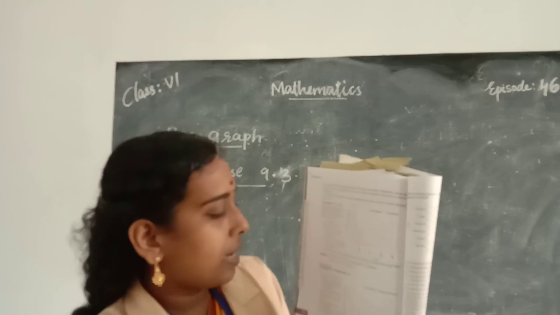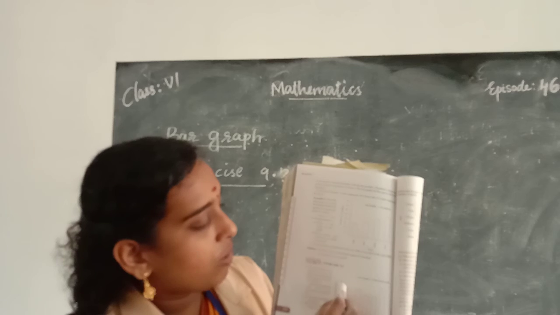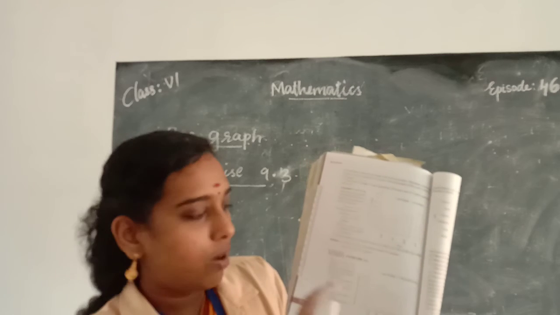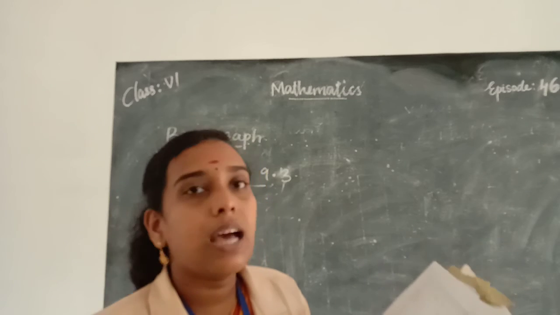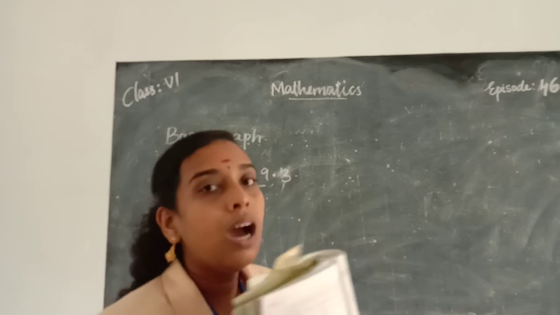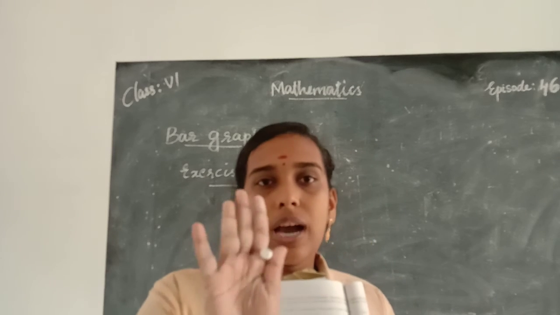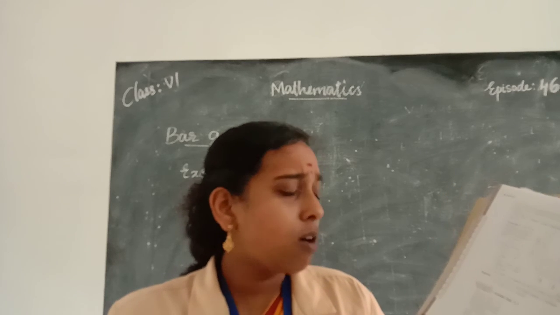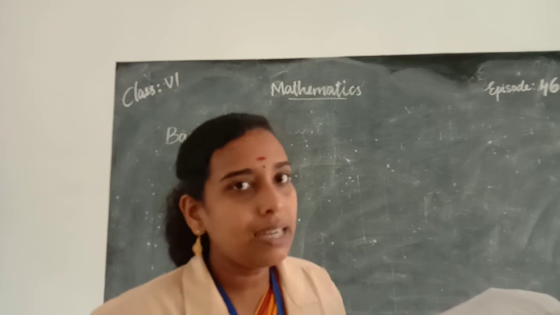Amount of wheat is represented on the vertical line, and here you can see that the amount of wheat is 5, 10, 15, 20, 25, 30, and the difference between each two numbers is 5. 10 and 5 difference is 5, and 15 and 10 difference is 5. So the amount of wheat is given in 1,000 tons, and the scale of the graph is 1 unit length equal to 5,000 tons.